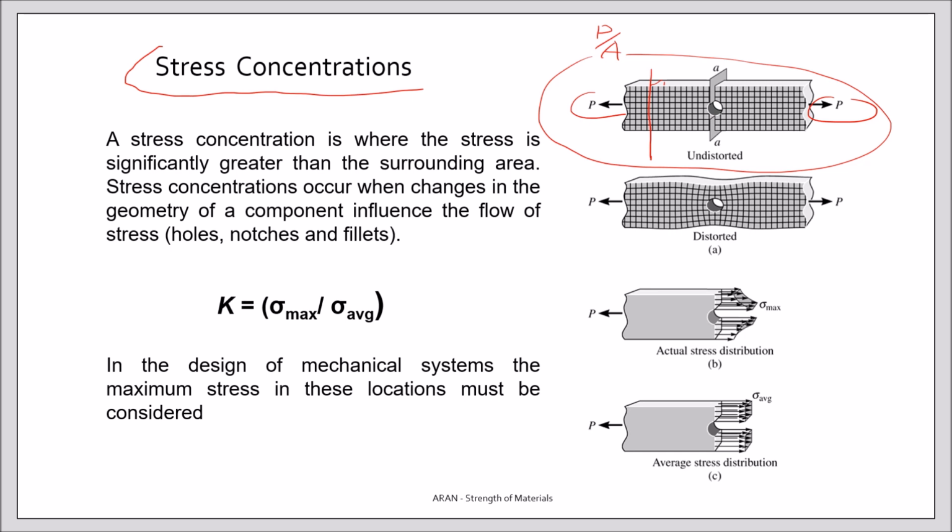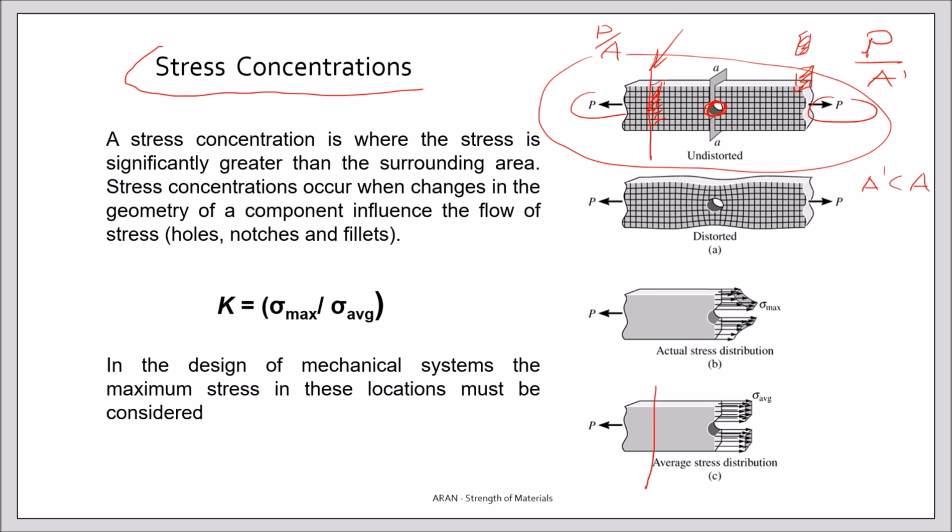If you have, for example, a hole in this plate, now this section will get smaller, so it will have two parts, the upper and lower parts. You can calculate the sigma, again, P over the new area, A prime. A prime is lower than this A. Okay, so